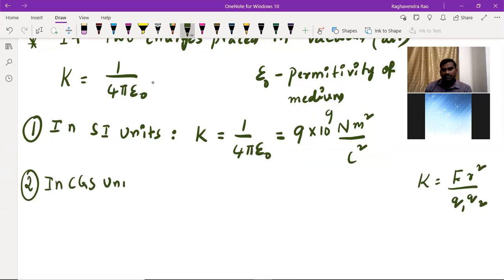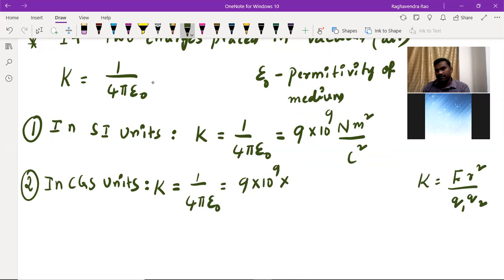In CGS units, k is equal to 1 by 4 pi epsilon naught, which is equal to 9 into 10 to the power of 9 into, so in CGS unit, force must be measured in dyne. So 1 Newton is equal to 10 to the power of 5 dyne. Into meter, which is 100 centimeter, so meter square means 10 to the power of 4 centimeter square, by